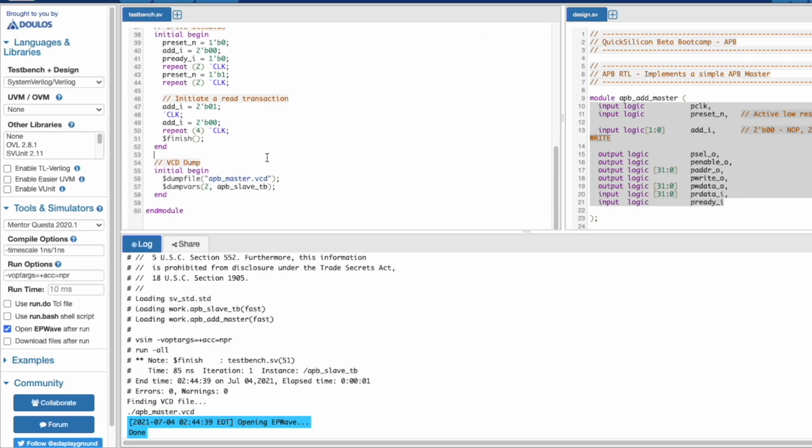So first thing we'll do is implement the APB slave here. This implementation is straightforward. We just need to add a flop which works on the posedge clock.